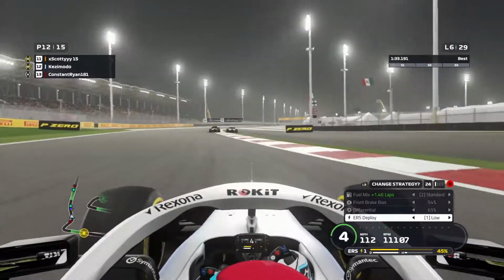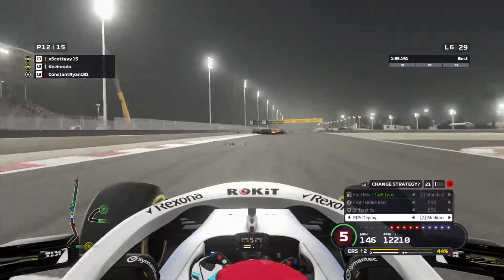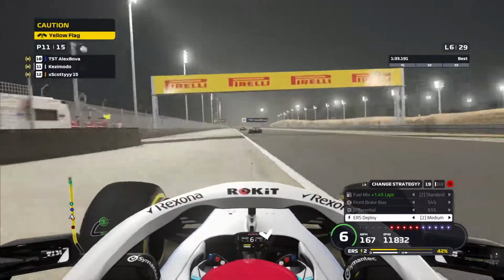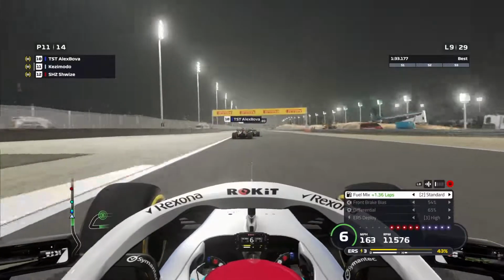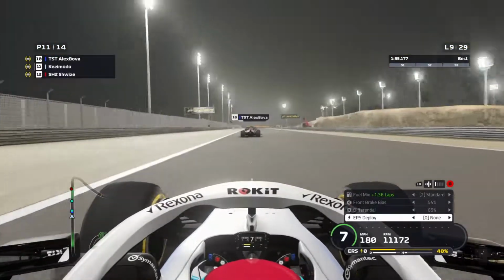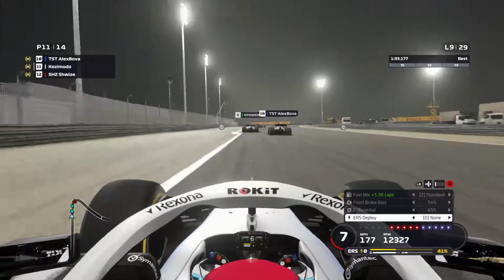Yeah, so they're just squabbling away, so we're going to try and get a nice run here. And you can see one of the McLarens has actually spun off and we have to avoid him, but we actually got a warning in the process, which we'll have to get removed at the end of the race. But now on the back of the Red Bull the following lap,